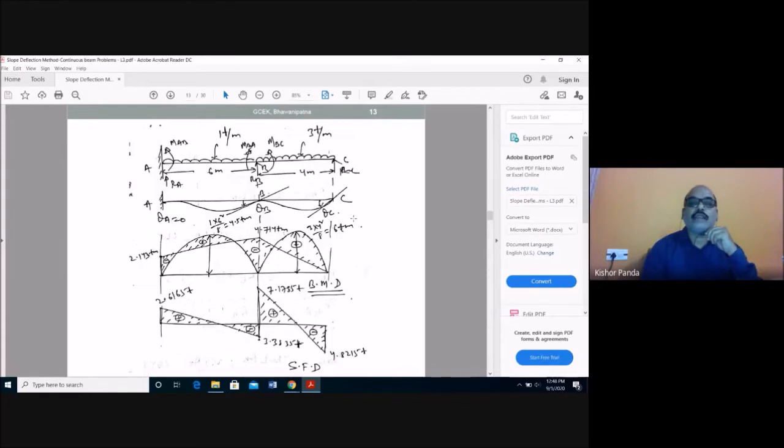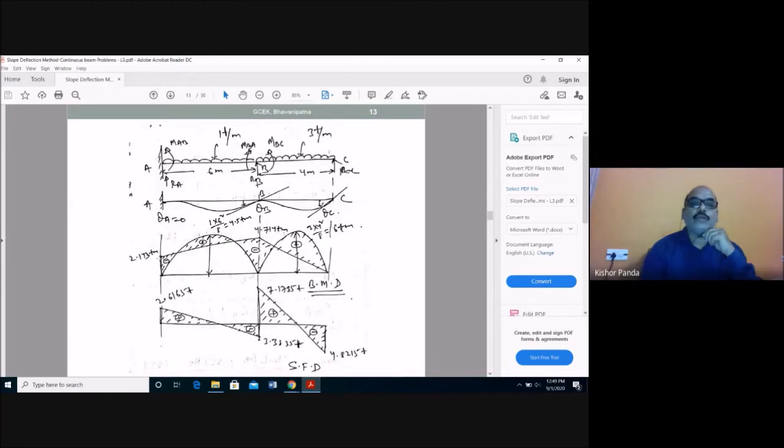And when a point load is present at the center, the free bending moment and the maximum moment is WL by 4. You know this already from mechanics of solids. The free bending moment diagram will be parabolic, and the maximum ordinate WL square by 8 is equal to 4.5 ton meter. Similarly, for span BC having 3 ton per meter and a length of 4 meter, we find the positive free bending moment: 3 into 4 square by 8, which is 6 ton meter, and this is also parabolic.